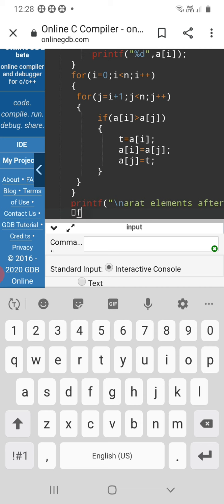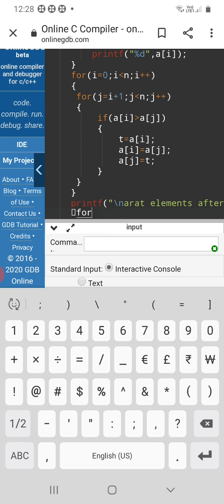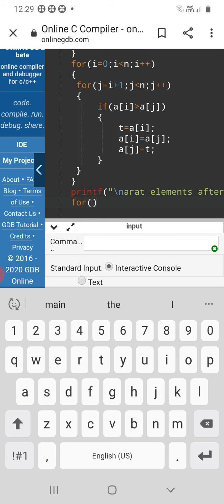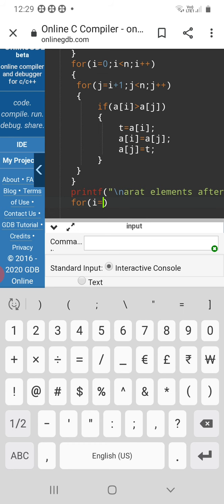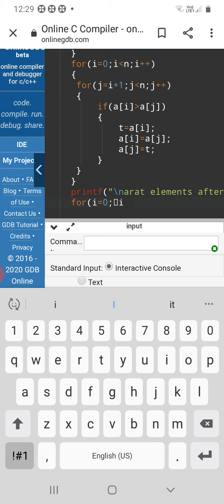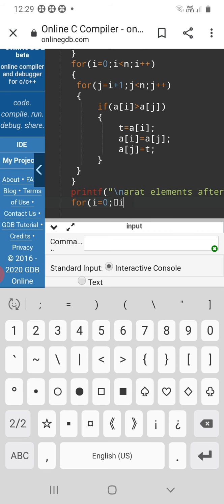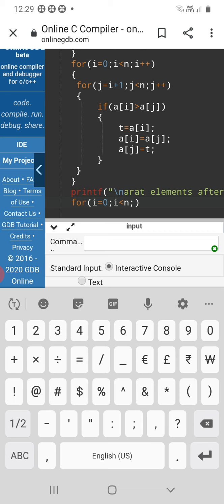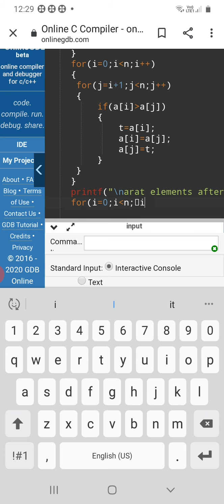Now I am using the for loop. For i equal to 0, I am initializing i value as 0, and ending with semicolon and writing the condition i less than n, and ending the expression with semicolon and post incrementing the i operator, i plus plus.